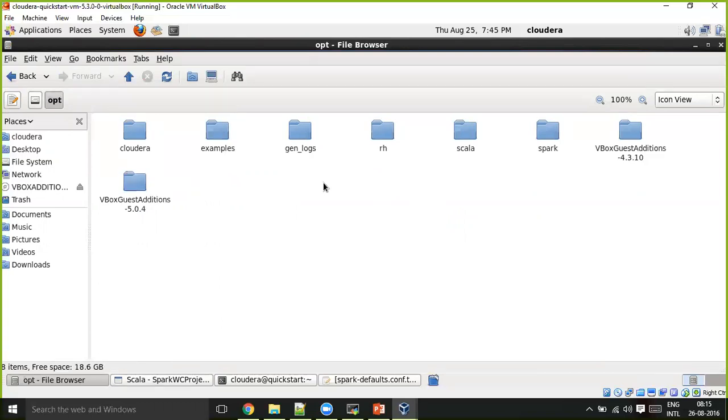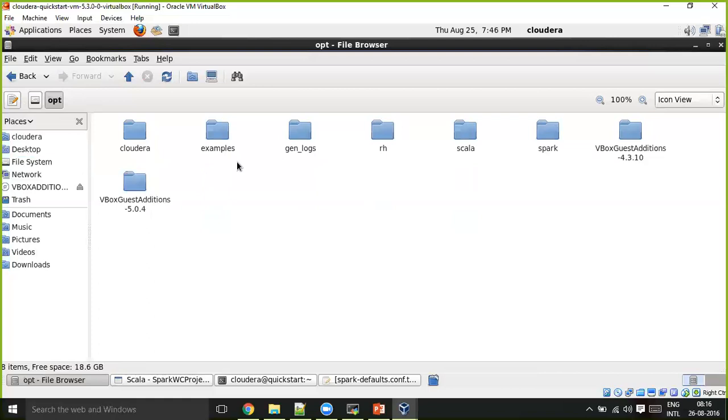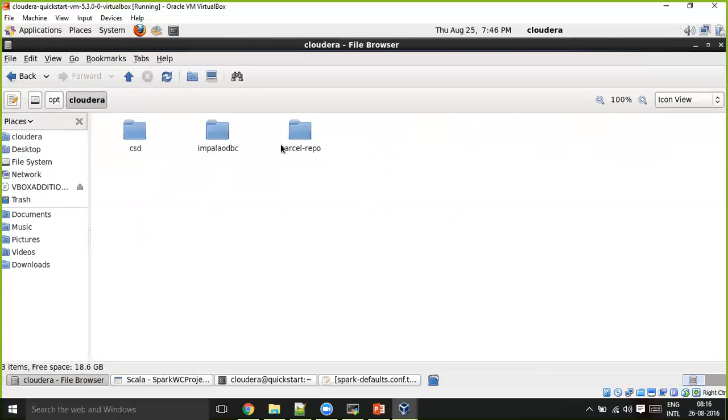Of course, you can do the vice versa also. It is all controlled by the file permissions given by your administrator. But generally, the practice is that if you install anything on user lib, each user will not have direct access to the user libs. The common softwares, they will install on the OPT. In the real-time clusters, you'll find your OPT Cloudera common related stuff installed in the OPT Cloudera folders.